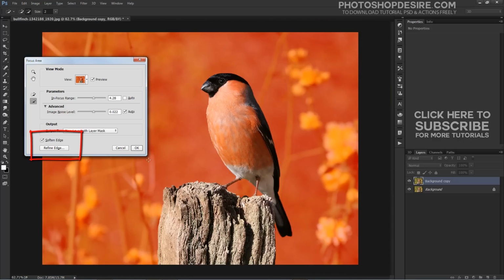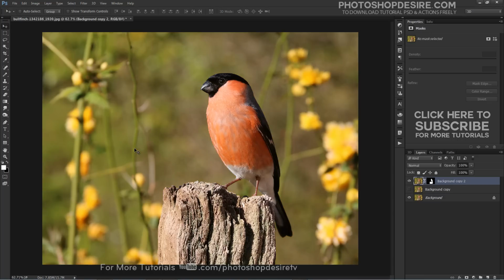Turn on Soften Edge to avoid harsh or jagged edges, and we can also improve focus area selections with the Refine Edge tool. If you are happy with your selection at this point, click on the Output To box and select New Layer with Layer Mask.